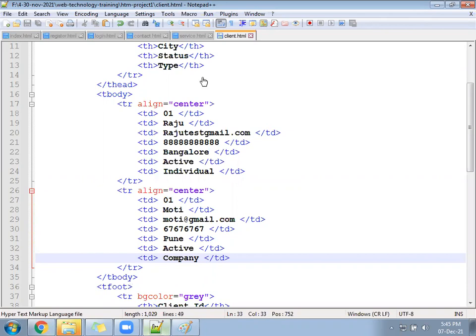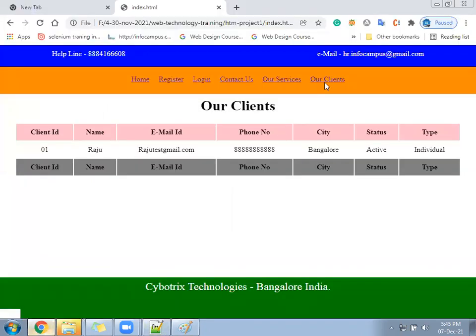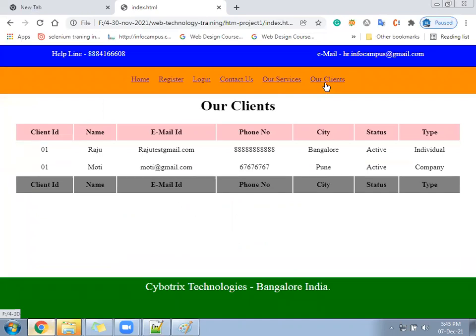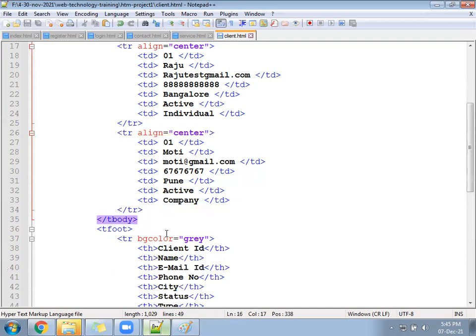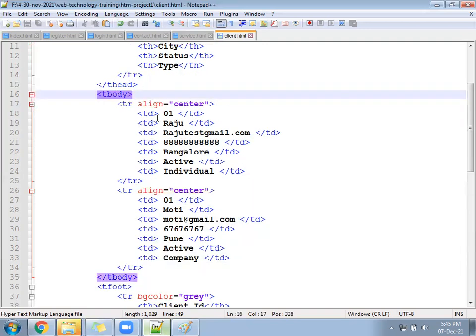Here, can we give align as a center in T body also instead of giving in TR? Nothing to ask. You can write and check. Yeah, it's coming. That's why I'm just cross checking. Is it okay to write? It's coming in the center. Writing for T body is not right practice. Maybe some places one TD should come in the left side, one TD will go in the right side. Okay, sir.